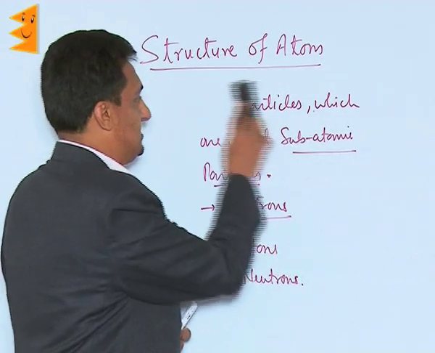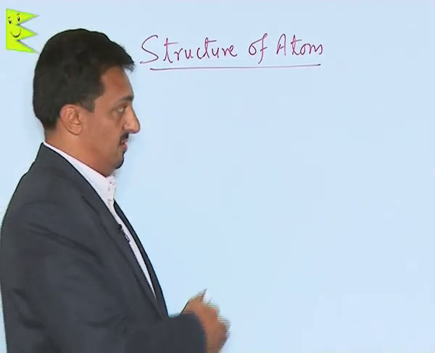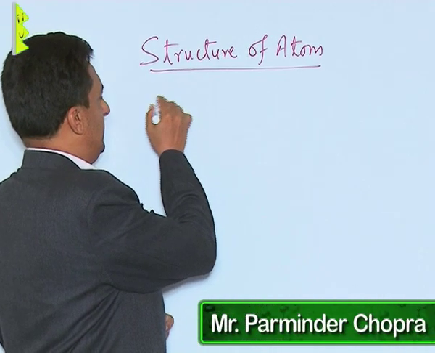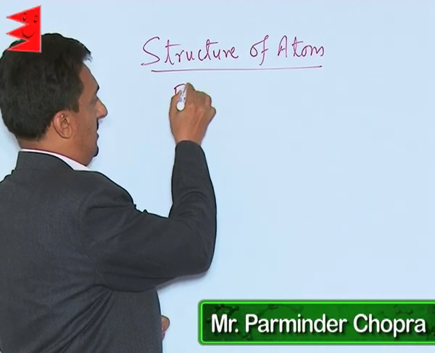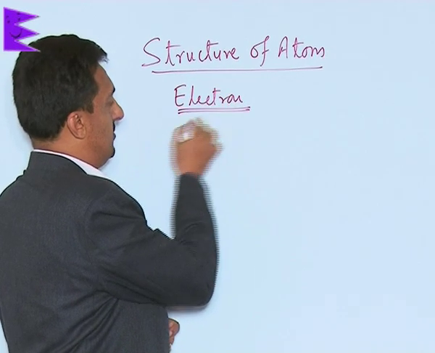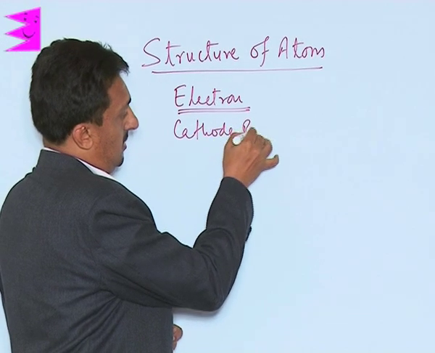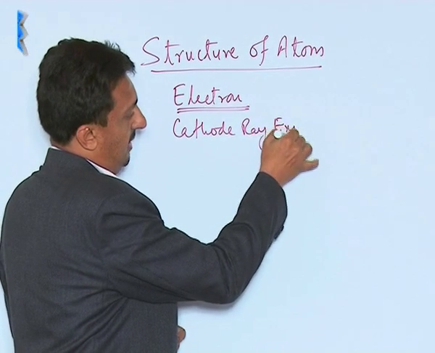Let us study the discovery of the electron. See, the electron was discovered through the cathode ray experiment,